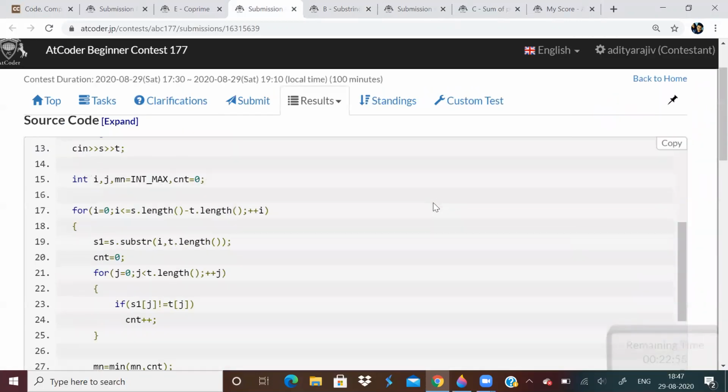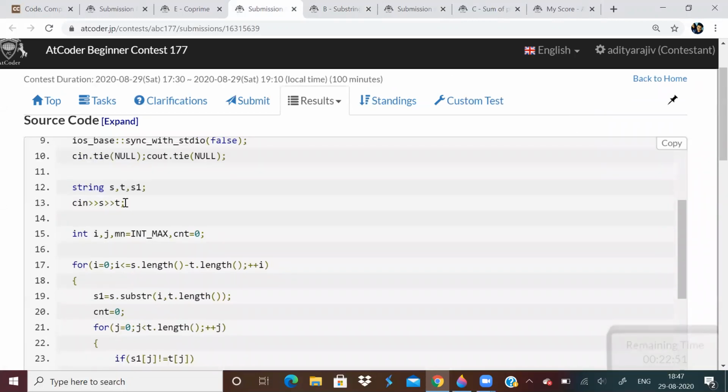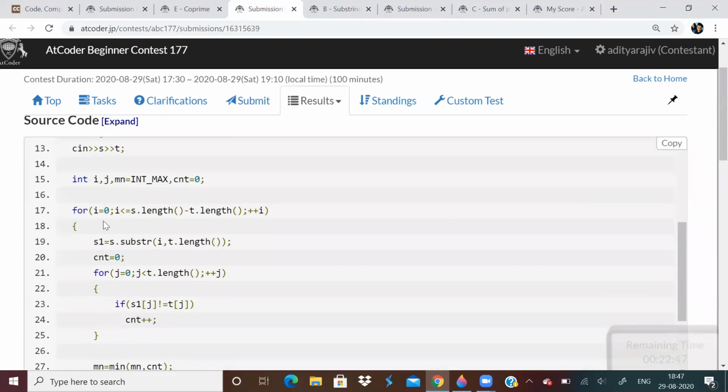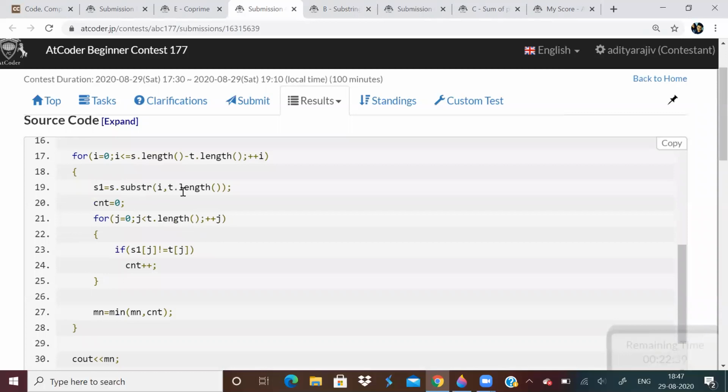So in the brute force approach, what will happen? You take two strings S and T, and basically I will generate all the substrings of length T in the given string S. And this is how you do that.